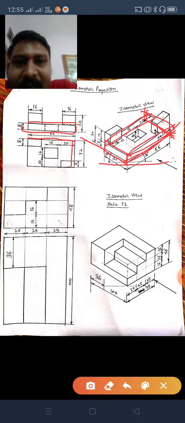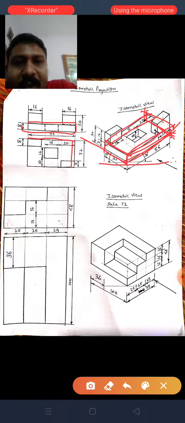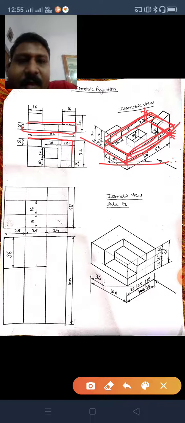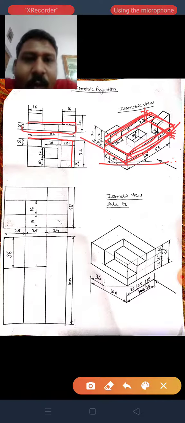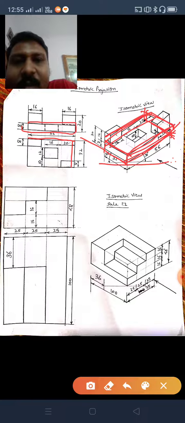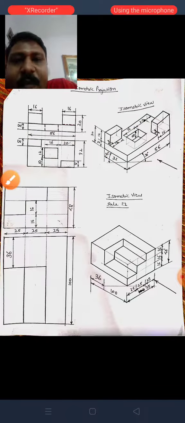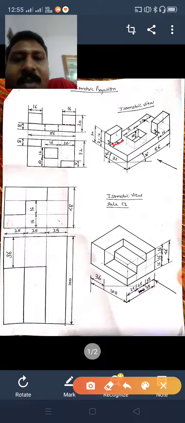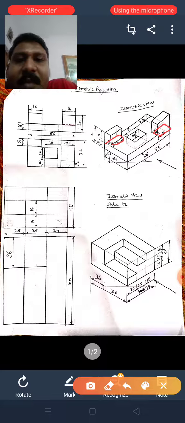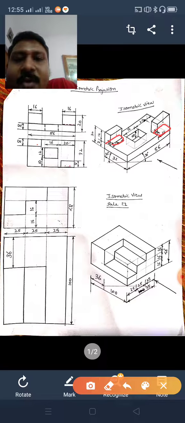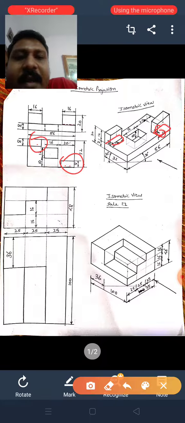This is the top portion of the rectangle which will be visible. You have to draw all the diagrams here only. So what will you do now? Take from here 16 mm height, length is visible. So from here draw 16 mm. Again from here also draw 16 mm. Okay, now from this point draw 16 mm and a height of 8 mm. Similarly here 16 by 8 mm. These two blocks, this block and this block, you have drawn here and here.